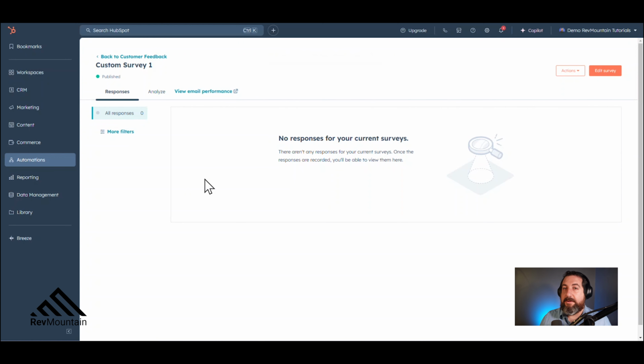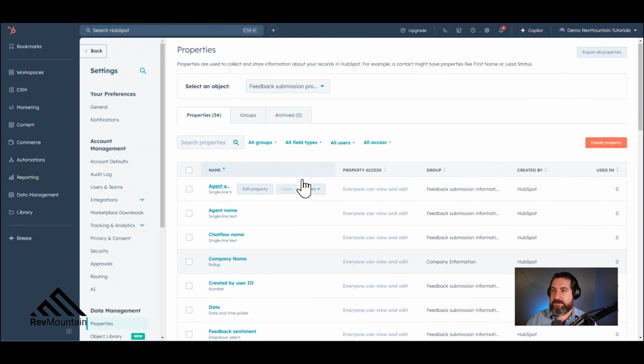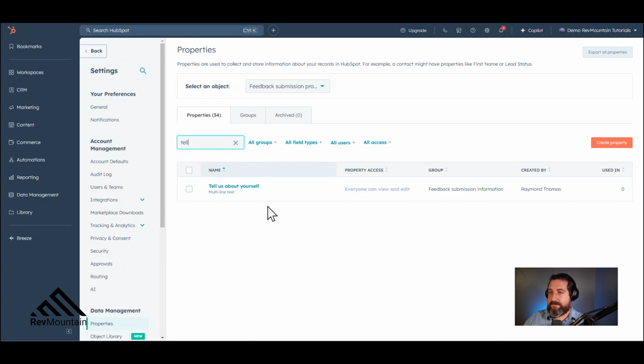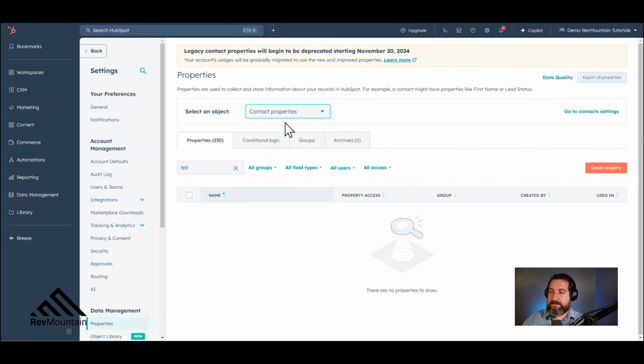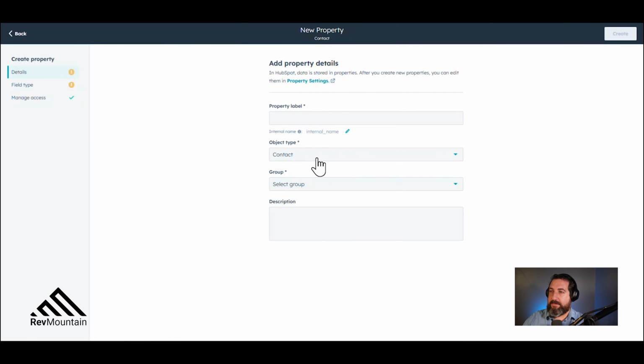Now, I did promise that I would show you how to tie that data back to the contact itself, because even though we made the custom property, it's not listed on the contact. So what we have to do, let's go back to that and see what I'm talking about. Remember we selected on the feedback submission object itself, and what do we call it? Tell us about yourself. Okay, we actually have to go back to now the contact, and we'll create a property